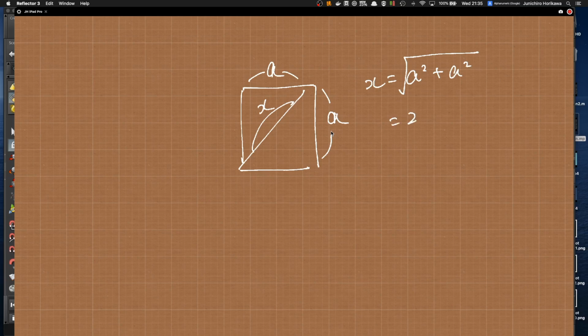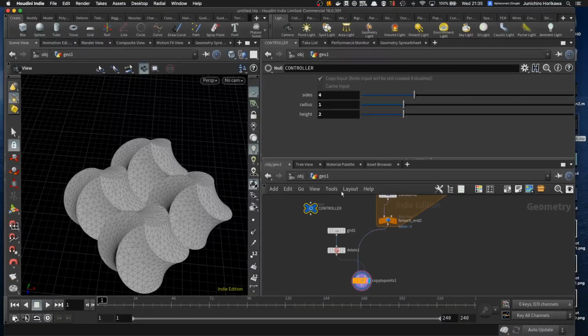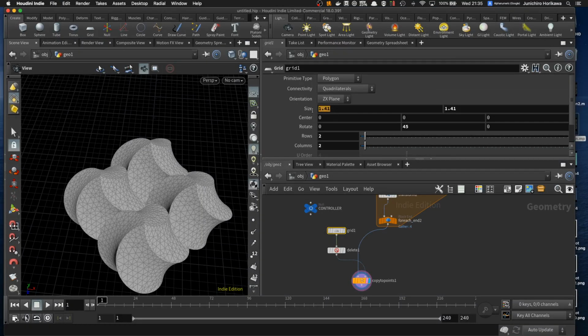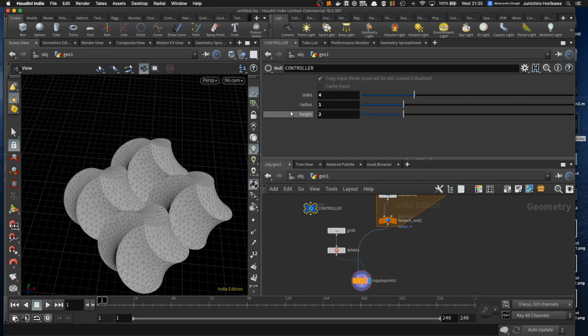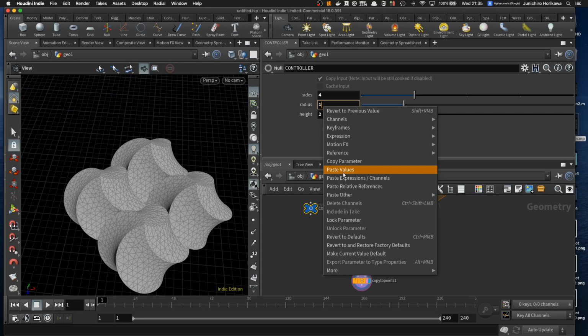So that is square root of 2a square. And if a equals 1, then the x is around 1.4 something. So the value here should be related to that kind of stuff. So let's copy this radius value here